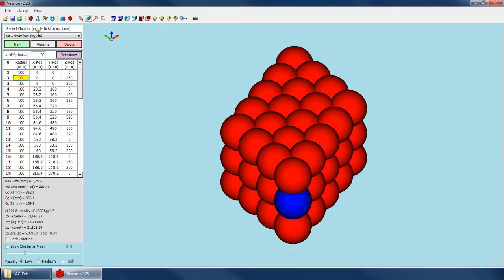Now you'll notice that it switched us to that new cluster, told us how many spheres are in the cluster now, and we can see each sphere in this list. Anytime I make a modification to this cluster grid, if I change any of these spheres to anything else, up here in the top it was updating the cluster, and it's also updating any particle sets that this cluster